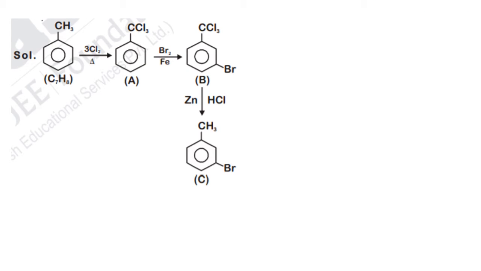Let's start with solving. The compound C7H8 has to be toluene. Toluene means a CH3 group attached to benzene, so here is a rough structure of toluene, and in reaction with 3Cl2 in sunlight, what happens is